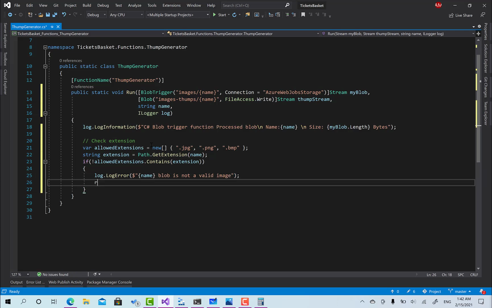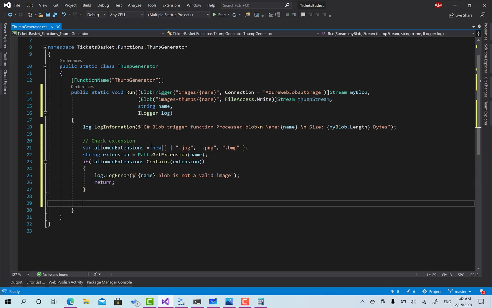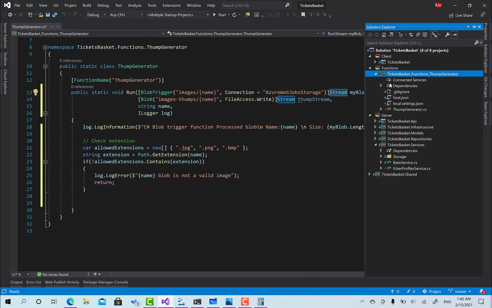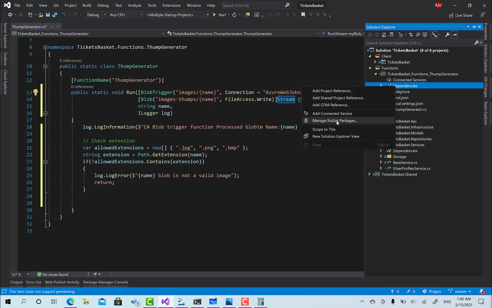Okay, just like that, and then just return. So right now we have a valid image and everything is working fine. What we have to do is to get the image out of this stream. And to do so, and to manipulate this image, you should go to the dependencies,